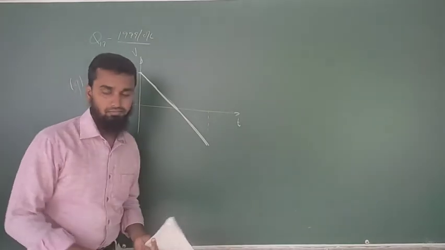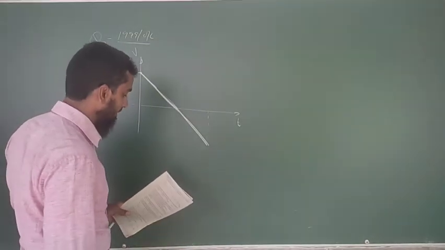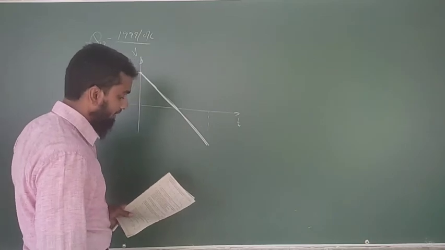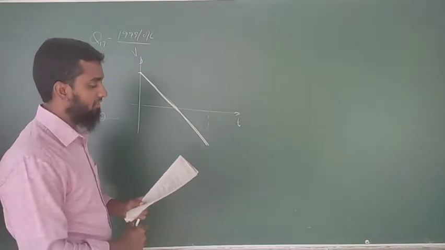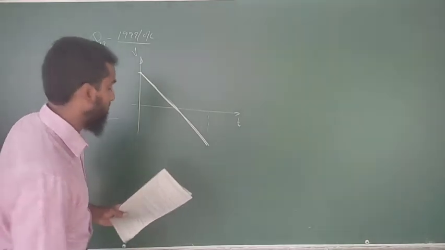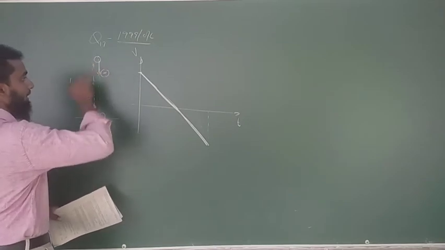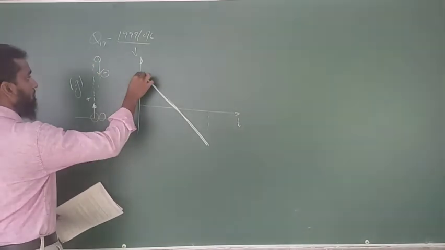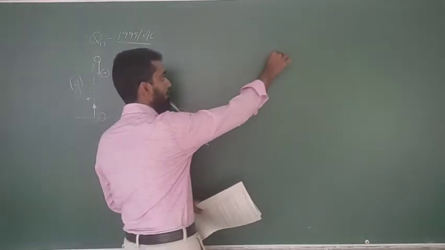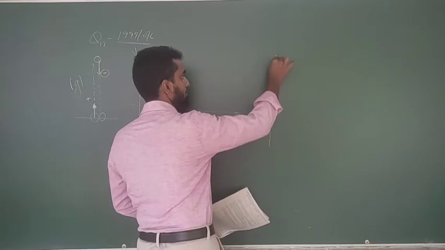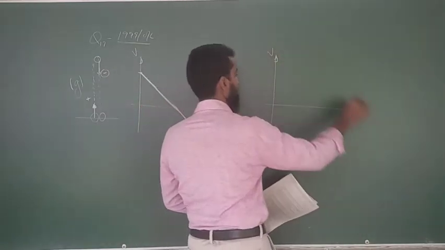What about the second graph? According to your O level, this second graph may be correct. They have given a small condition: consider the velocity upwards as positive. Then downwards is going to be negative, and the graph should start with a positive value. Otherwise the second graph is also correct. If they have not mentioned this condition, then the second graph is also going to be correct.